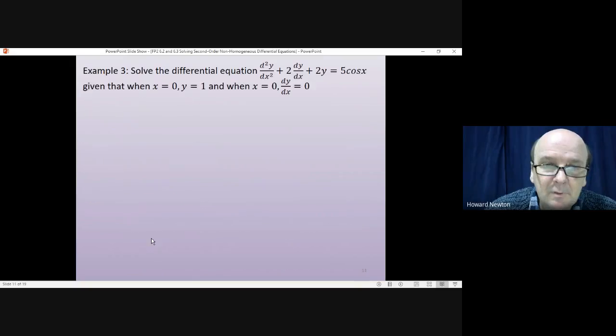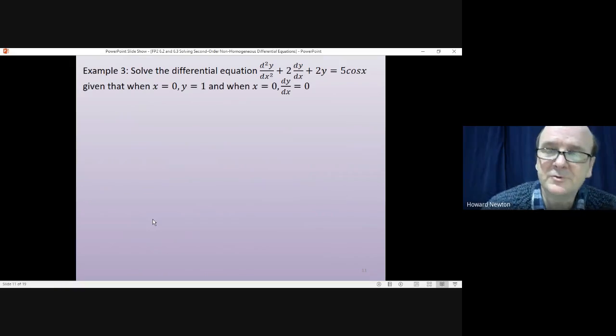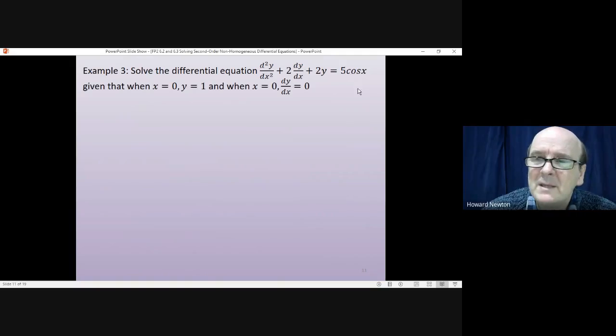Okay, example 3. Now, example 3 is a little bit more tricky. When we have a trig function, you just have to work carefully, because the particular integral has to include both cos and sine. So it'll be y equals a cos x plus b sine x. But also, once we've done that and got the general solution, we'll then be able to find a particular solution